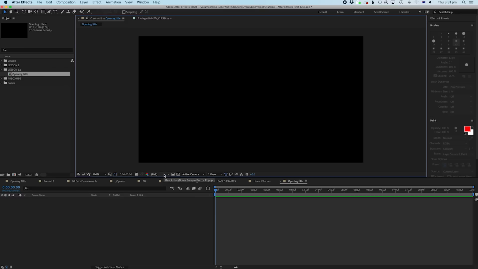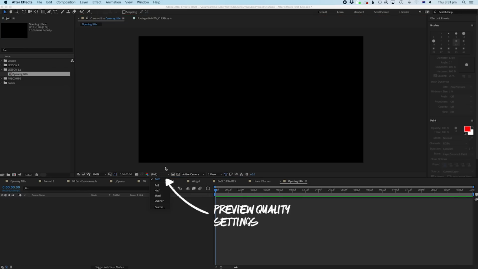The comp window here is a viewer window, effectively the same thing as Premiere. This is where all the action happens. This is where you're going to drag and move everything around. This is your workspace, where you're going to make all the magic happen. You have a couple of settings here that you can muck around with. One of the most relevant ones is the quality setting. Now this doesn't mean the final quality of the render will be this quality, it's just so that you can